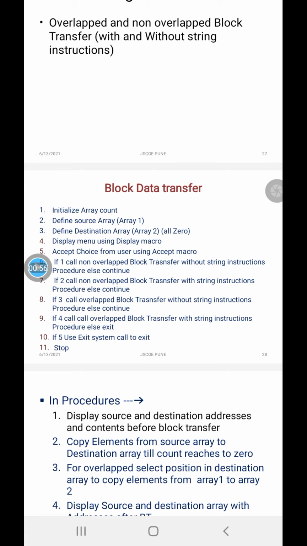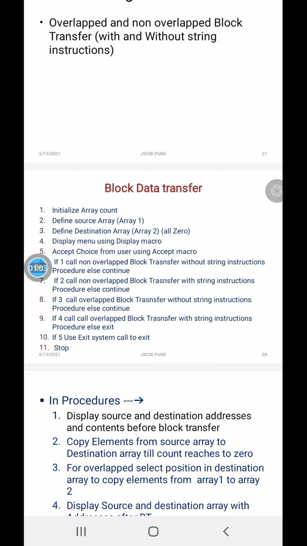These are the four addresses of the source memory block, and suppose we have to transfer these contents to the destination memory block. Suppose the destination memory block is starting from the location 3000, 3001, 3002 and 3003. That means you are transferring the 4 bytes or word or double word or quad word